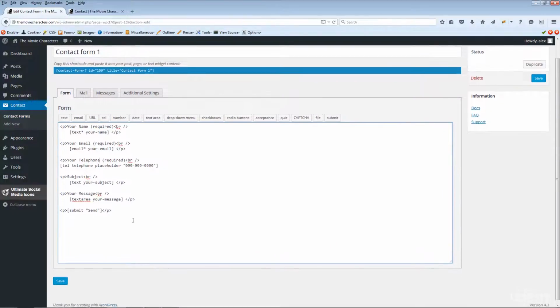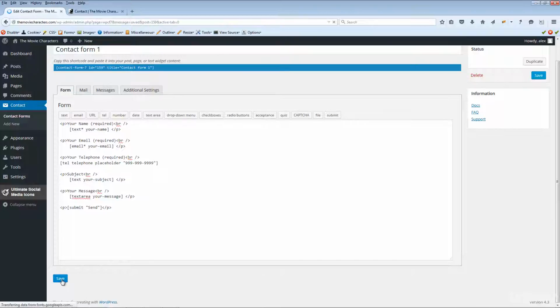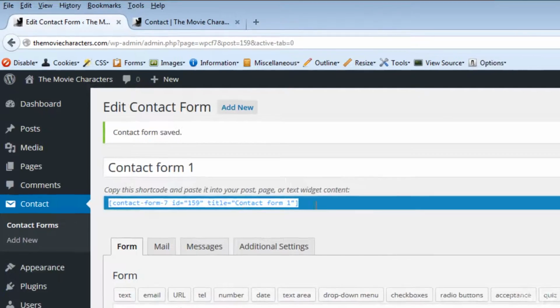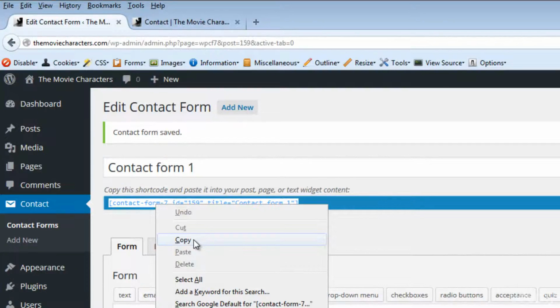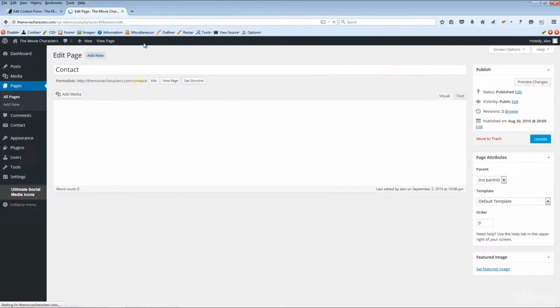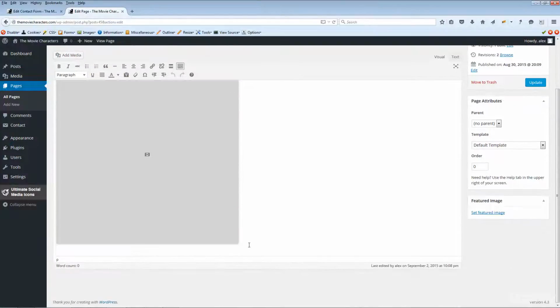Alright, so from here what I'm going to do is I'm going to click on save. And let's see how this looks like. So I am going to copy this code right here. This is what we call a shortcode. Okay. I'm going to copy this. Copy. I'm going to come to my contact page, click on edit page, and I am going to paste this just below our map. Press enter, paste the code, click on update,